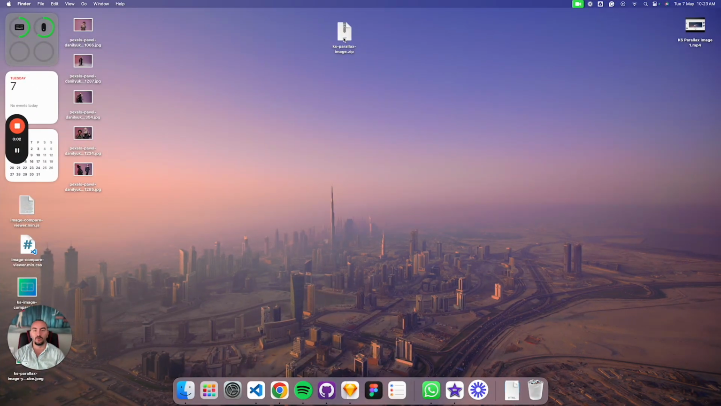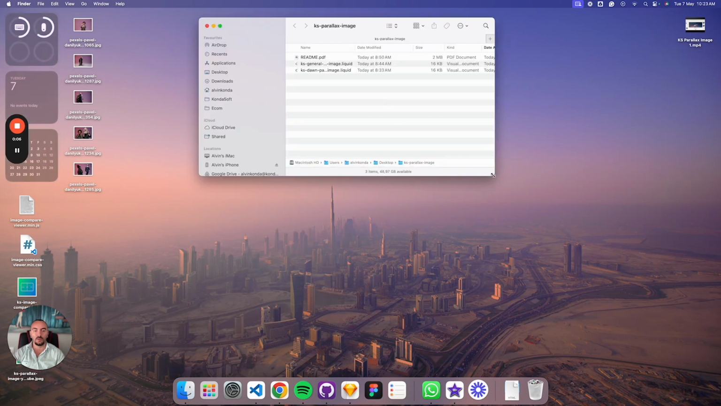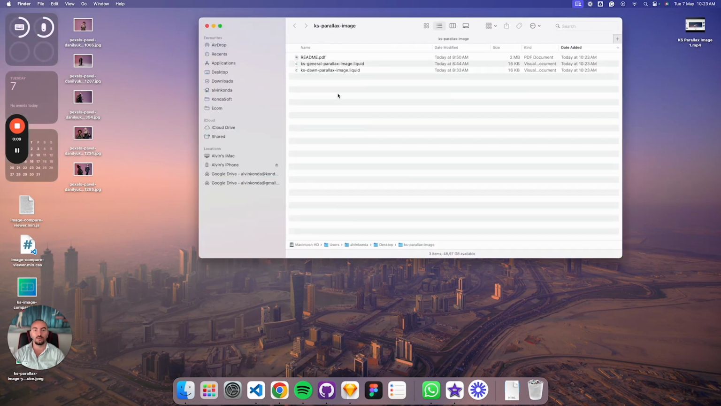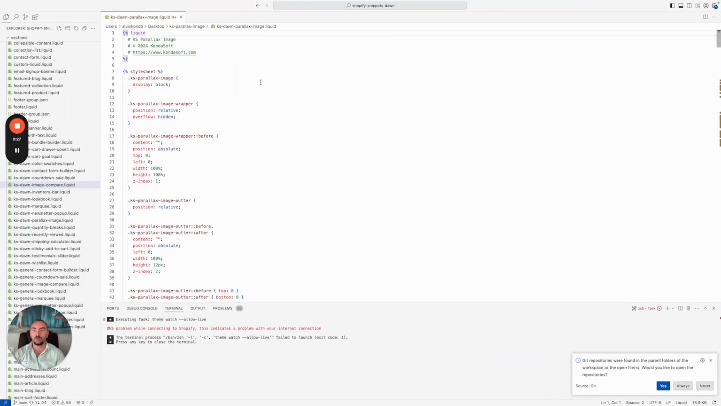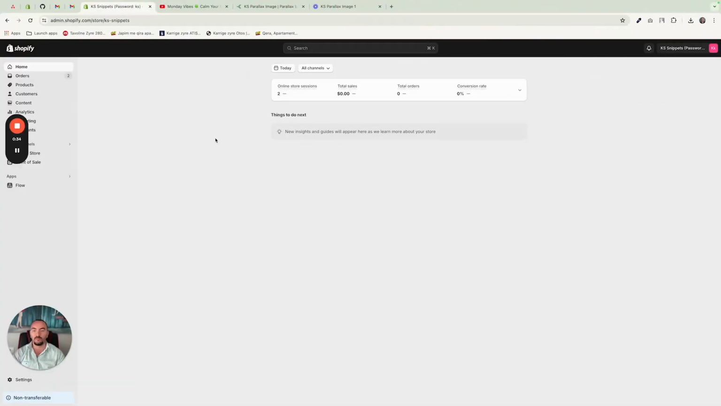After you have downloaded the package, double click on the zip, and you are going to notice that this snippet has two files. One marked with Dawn, that is available for the official Shopify Dawn theme, and the other one, general, that should be used for any other Shopify theme. Okay, all you have to do is open the file, select everything within this file, and then from the Shopify admin